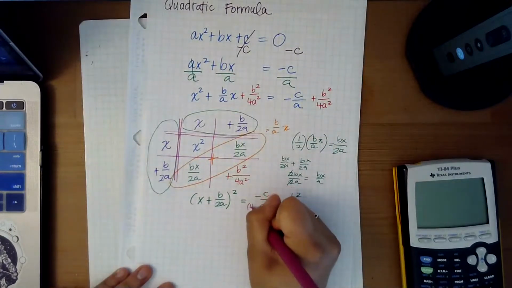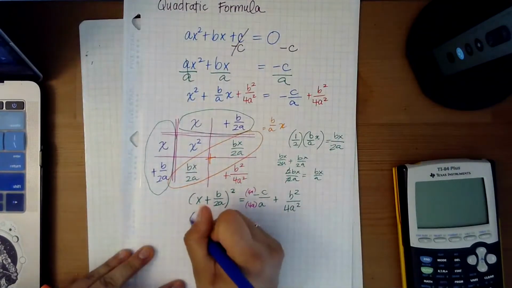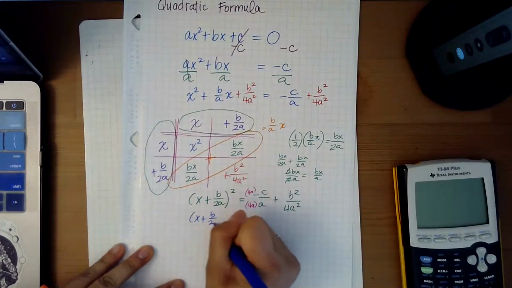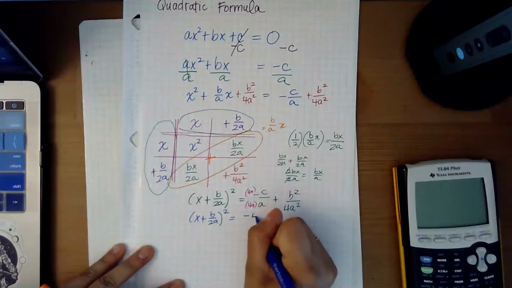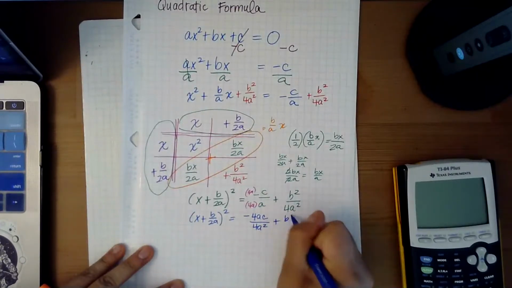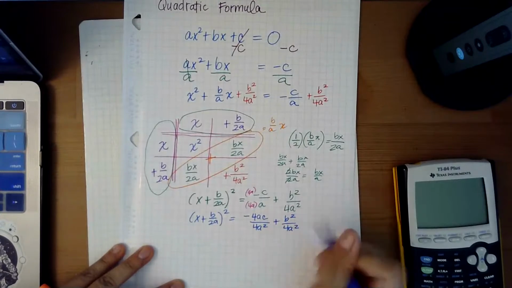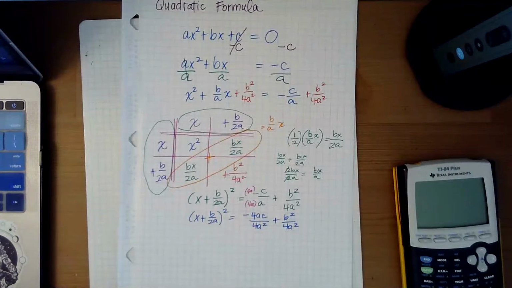I'm going to multiply this. What I do to the top, I do to the bottom. Remember that? Like that. So now my new equation is going to say x plus b over 2a squared is equal to negative 4ac over 4a squared plus b squared over 4a squared. 4ac, but there's a negative, so negative 4ac. Okay,